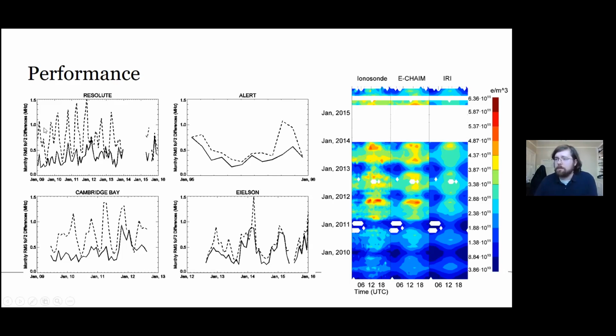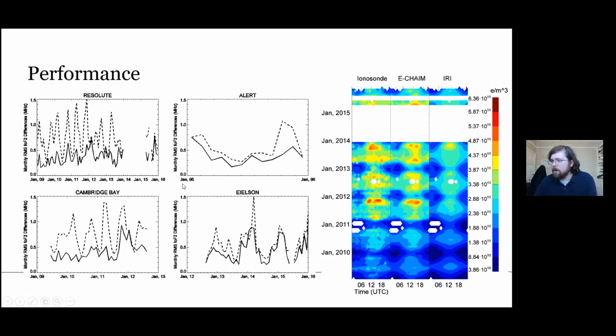You can see in general we beat our one megahertz requirement quite well, universally, both in the polar cap at Resolute and Alert, as well as in the auroral oval, where Cambridge Bay is at the poleward edge of the auroral oval,